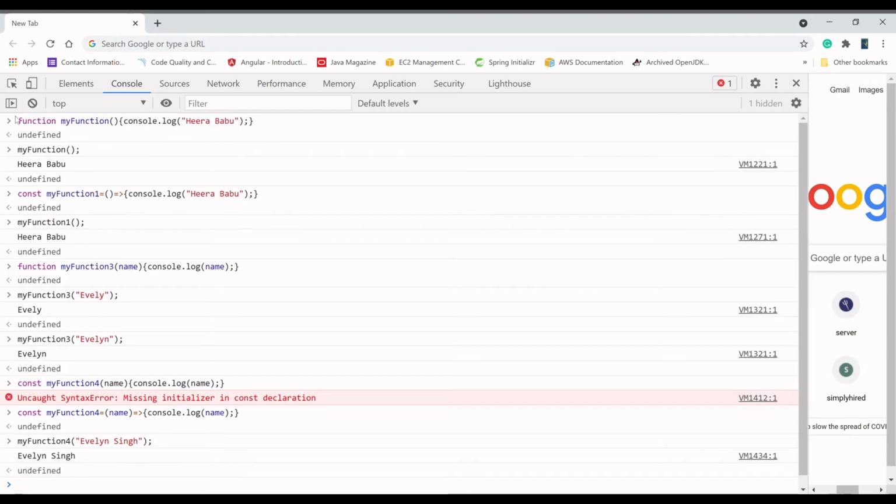When we write a single function without any parameter, you can replace it like this. You have to write equal, then the arrow function, and it will work the same. If we have a parameter, you just pass the parameter, and the rest of the thing will be the same.